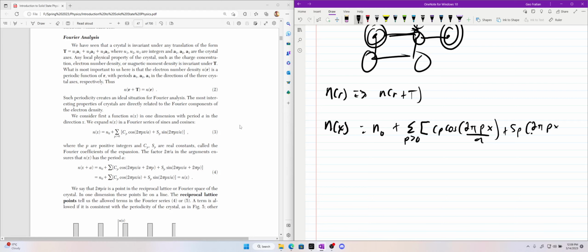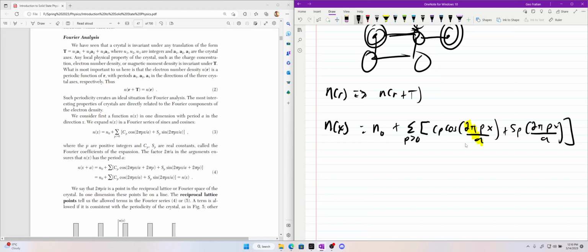You might have seen in your classes this done with exponentials. We'll see that later because it's much neater. But here, p are positive integers, and Cp and Sp are real constants that are the Fourier coefficients of the expansion. And this 2 pi over a ensures the periodicity, so that n of x has a period of a, which is what we want from the